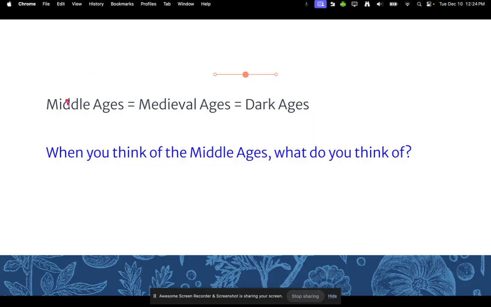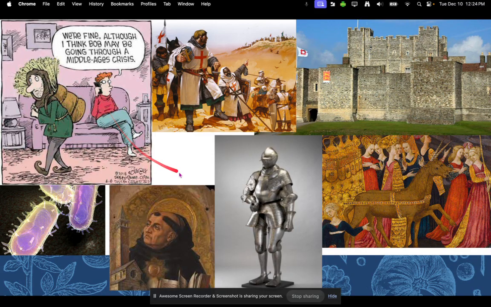So when you think of the Middle Ages, what do you think of? There's a lot, because it's 1,000 years of history that we're going to smash up in less than 4 weeks. So you might think of the Crusades. We'll talk about that towards the end. You might think of castles. You might think of artwork and unicorns and ladies with little flowing dresses. You might think of knights. We'll talk about them too. You might think of monks and their amazing hairstyles. You also might think of the bubonic plague, which we will for sure talk about.